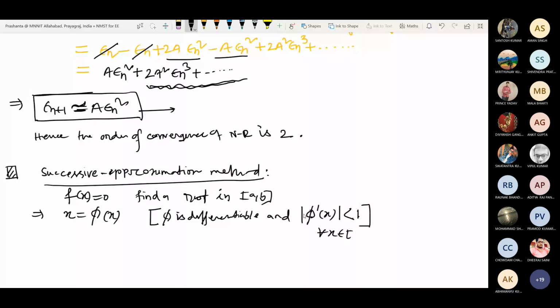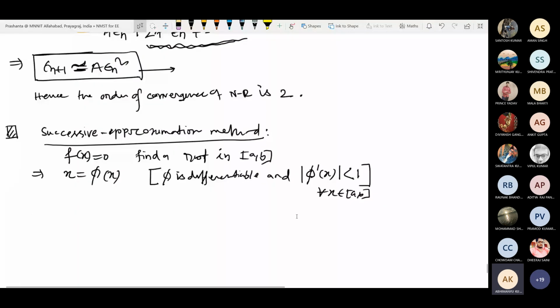Now once you have chosen that phi, how to generate the iterative method? X n plus 1 equals to,